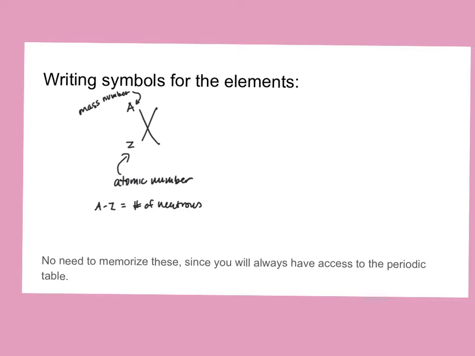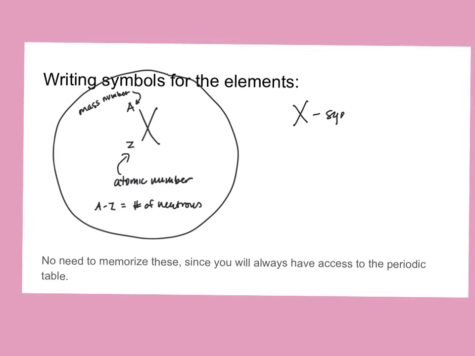I'm suspecting that you are already somewhat experienced in writing the symbols for the elements, but that may not be the case, and if not, we'll go over it and we'll teach you how to do this, okay? Generally, when we write the symbols, we write them in the manner that you see here, okay? Where X stands for the symbol of whatever the element is,